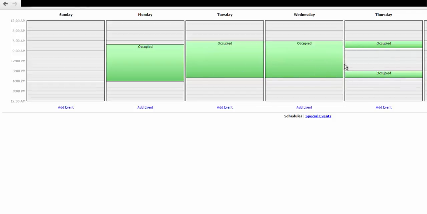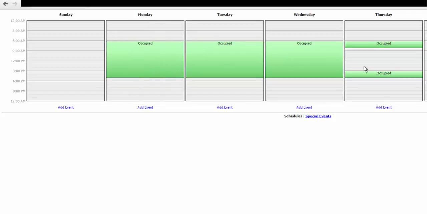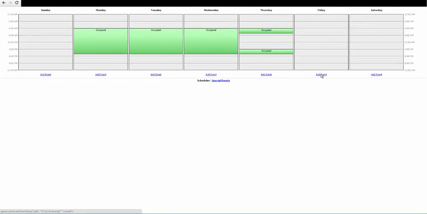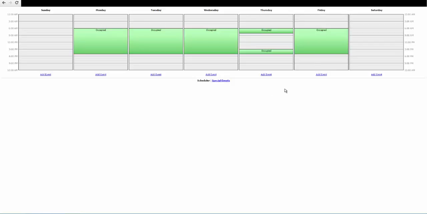Also, as you can see, sometimes you might have different days of the week with different occupancies, but for this one, I didn't have it right. So we're going to go ahead and change that from 6 to 5, like my others, and say modify, and there we go. It's all set. I'll go ahead and just add this one, 6 to 5. We're all set here. So if we go back,